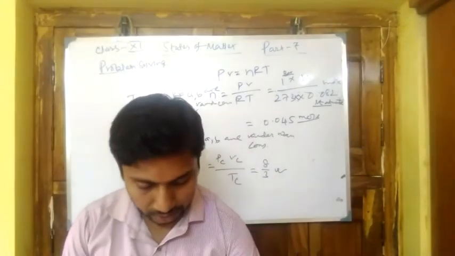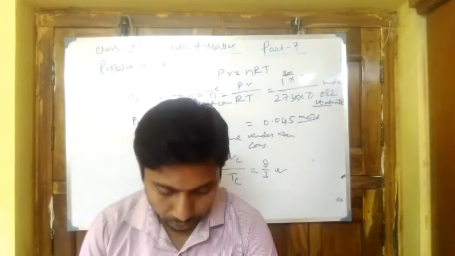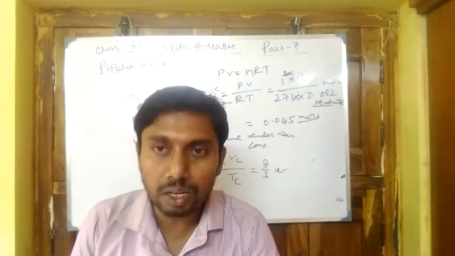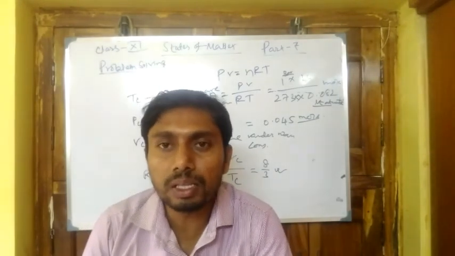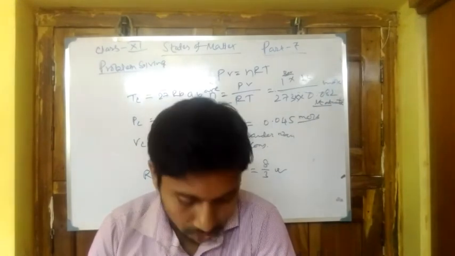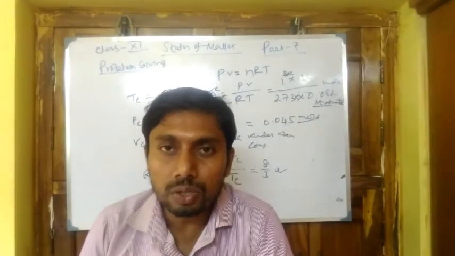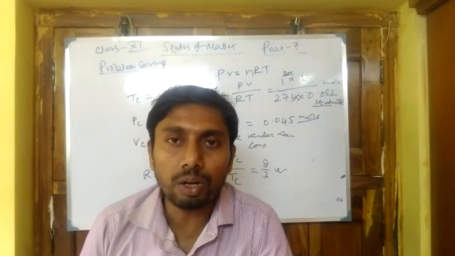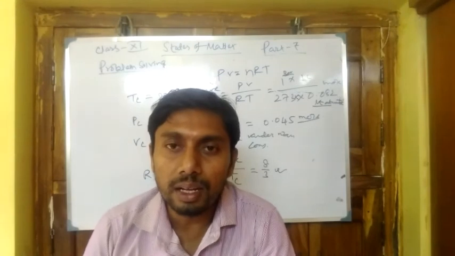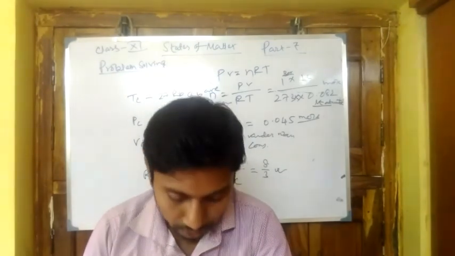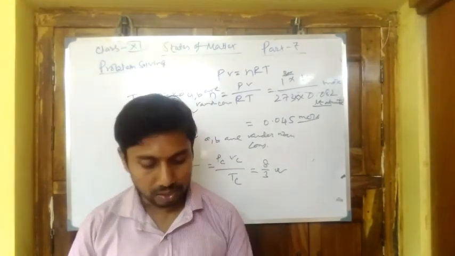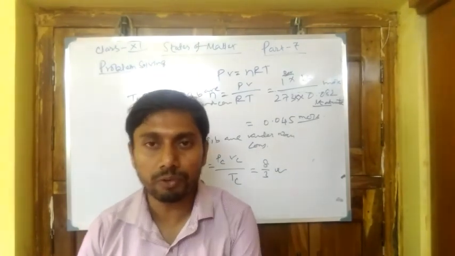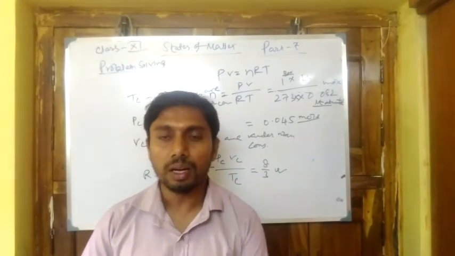Next one, what are the dependent factors of vapor pressure? First of all, there are two dependent factors: one is the nature of the liquid, that means the intermolecular force acting within the molecules, and the second one is the temperature. As the temperature increases, the production of vapor from the liquid also increases, they reach equilibrium very fast, and the vapor pressure will increase. So the factors are the nature of the liquid, that is intermolecular force within themselves, and the temperature.